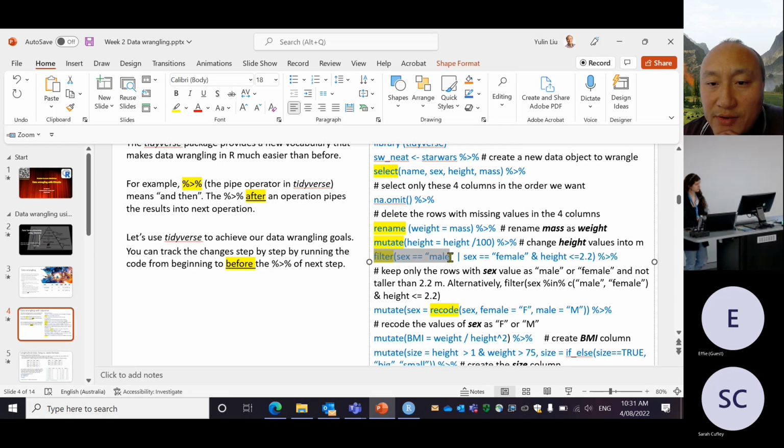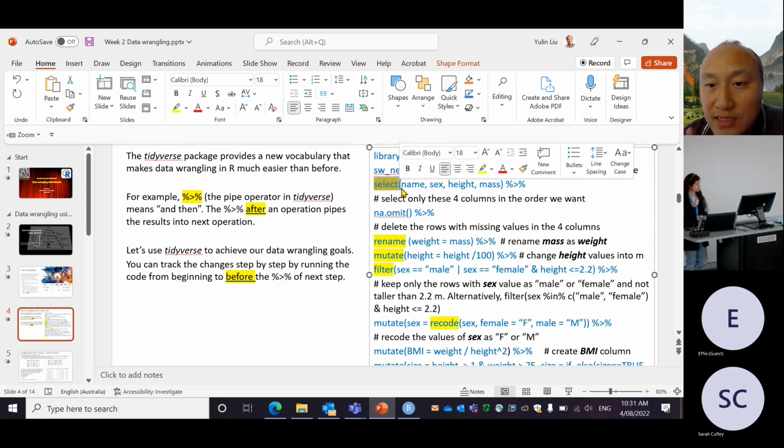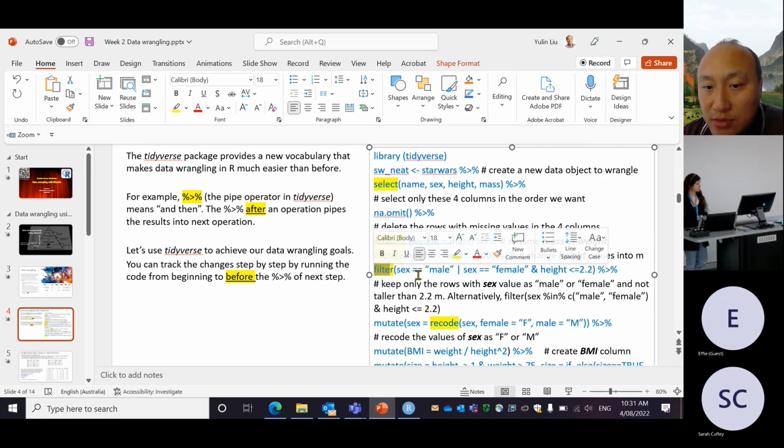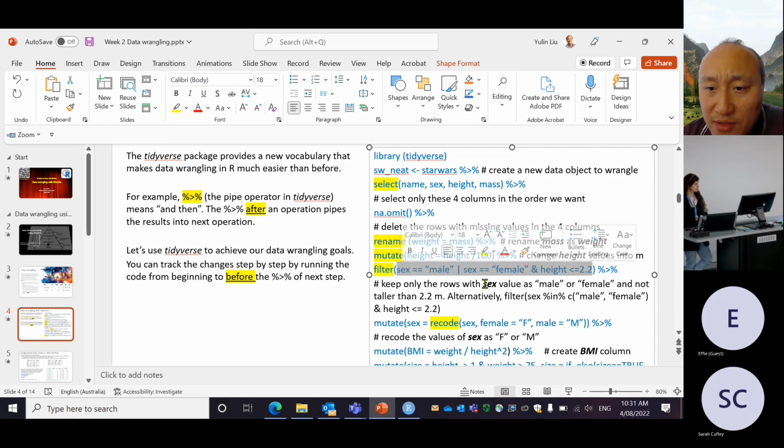Okay, and then I use the filter function. Filter function is to choose and keep the rows you want. The first one, select, is to choose and keep the columns you want, and the filter is to choose and select the rows you want in the spreadsheet of data. So in the filter function, there must be a logical evaluation here. Only the rows that have the true value for this logical evaluation will be filtered out and kept